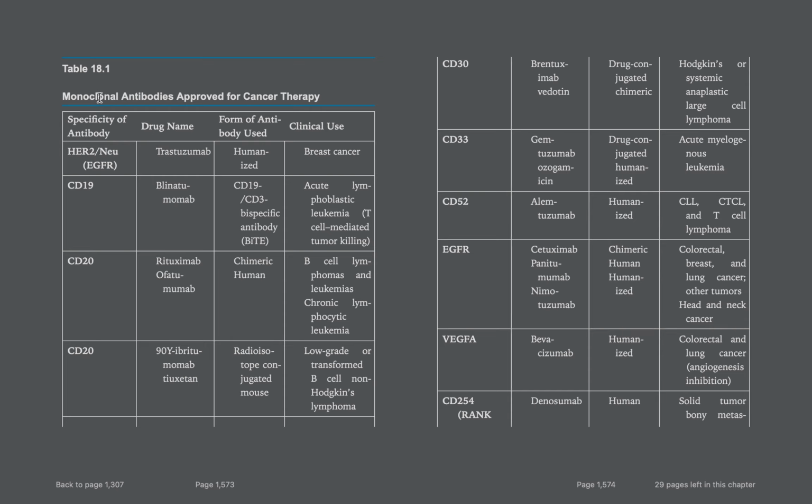So these are some of the drugs and things that are used. Monoclonal antibody approved for cancer therapy. We have specific antibody drug names. For example, for HER2 or neu EGFR, we have trastuzumab, humanized, for treating breast cancer. For CD19, for example,